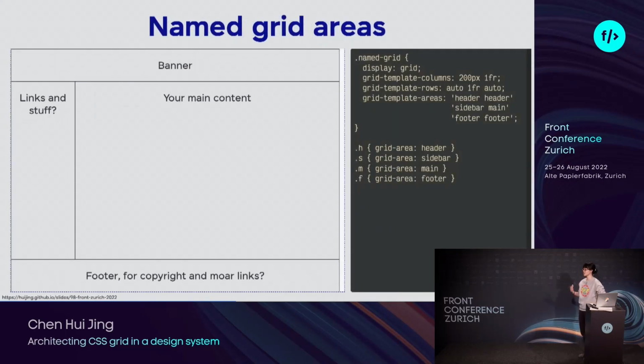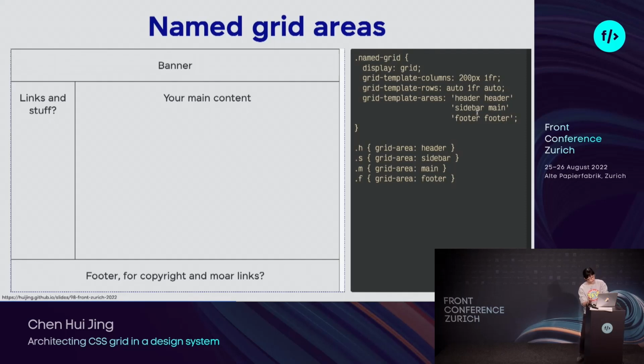Another particularly useful feature that I personally am a big fan of is named grid areas, which you might have noticed in the screenshot for Spotify's interface a bit earlier. So after you've set up your rows and columns, here I have 2 columns and 3 rows, you can explicitly name specific areas of the grid using this, I would say it's a rather visual syntax, right? So each of the lines enclosed within the quote marks correspond to the rows. So I have three lines for 3 rows, and the values within the quote marks correspond to the columns. So I have 2 columns.